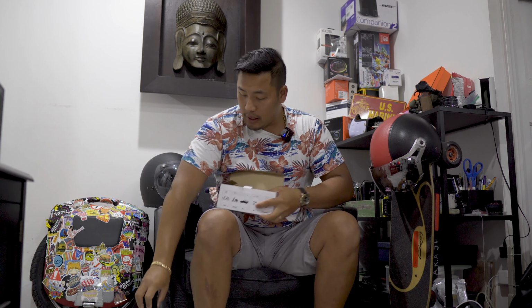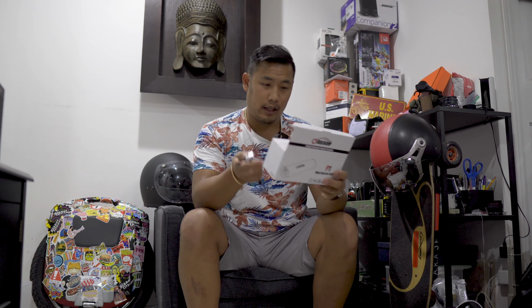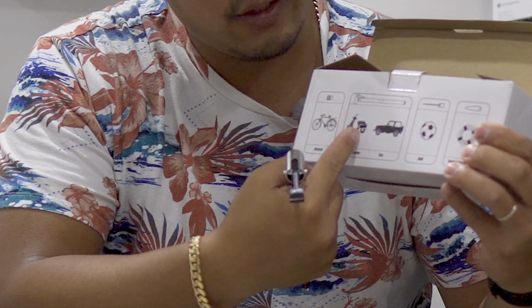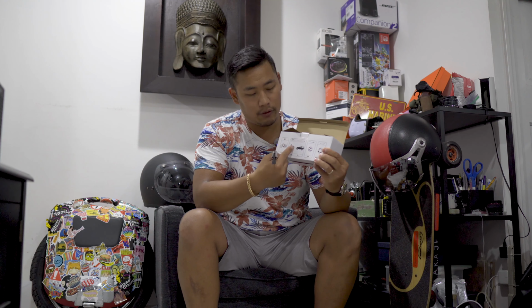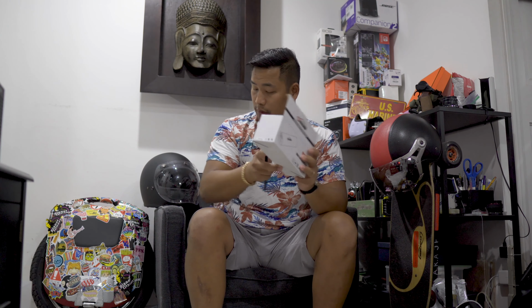Okay, let's put it to the side, and it comes with the adapter for, I think this is the adapter for car and motorcycle valves, and some bikes have the same motorcycle and car valve, so you can use this in some bike models. All right, so let's put it to the side,